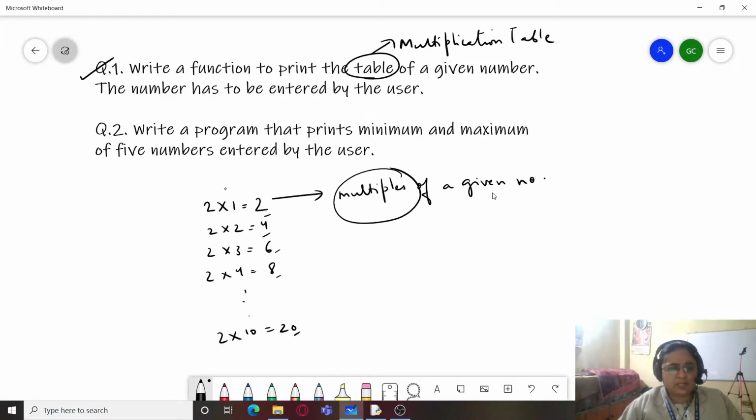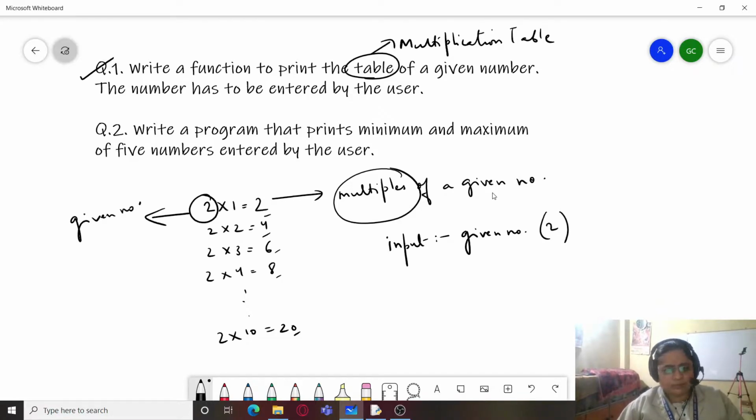So firstly, we need to figure out how we will be coding or what logic we would be applying over here. As you can see that we have 2. Whenever 2 is the given number over here, given number means the number whose multiplication table we have to print. So input will be the given number, and in this case the input is what? 2, as you can see over here. So it could be any number, 2, 3, 4, 5, 6, 16, 35, any number which is our given number. So this number will be constant every time.